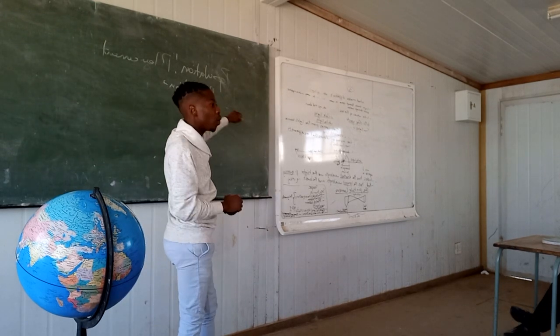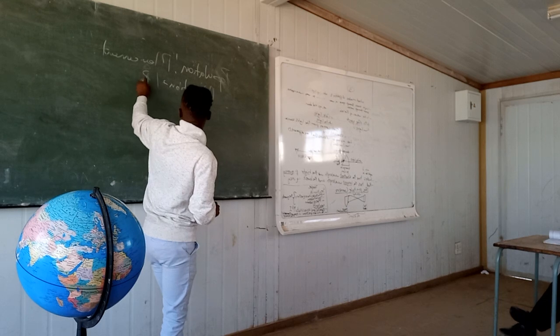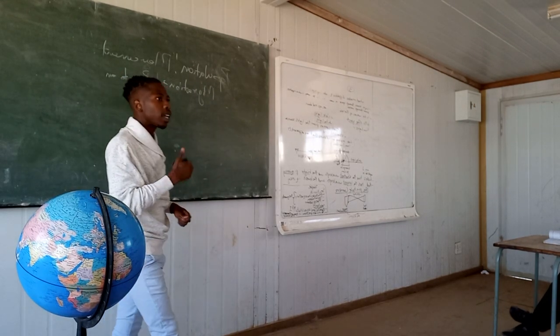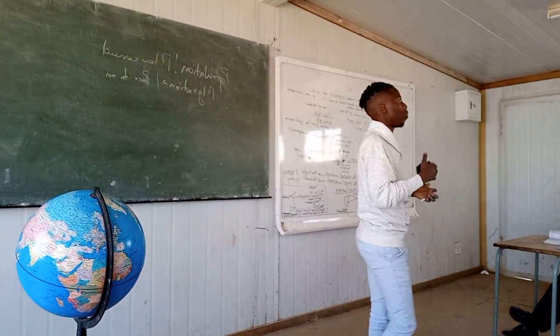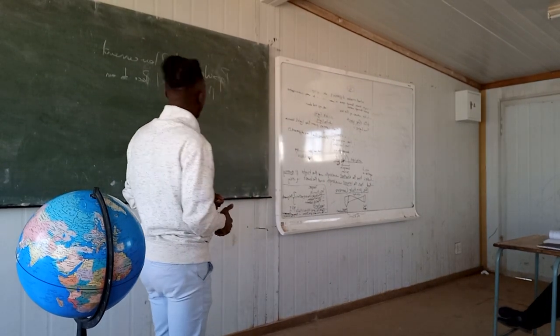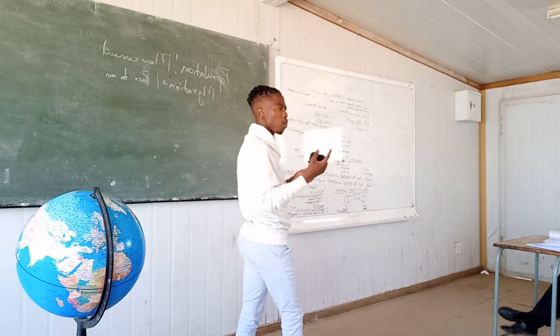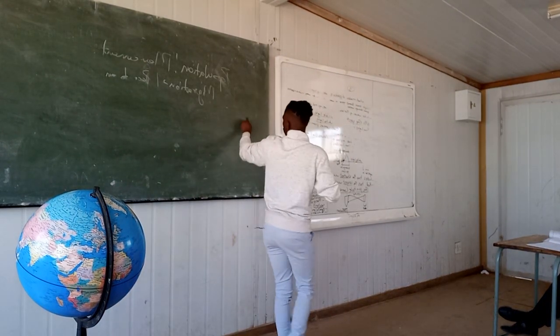Migration is basically the movement of people from one place to another, with the intention of finding a place of residence, a place to stay. Within migration, we have multiple types of migration. Who knows one at least? Just one kind of migration? Okay. We have